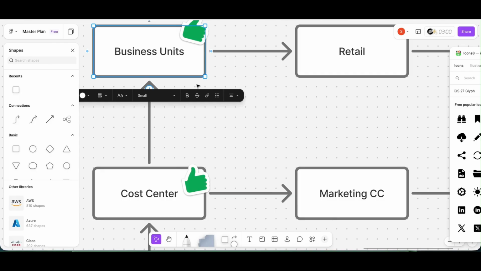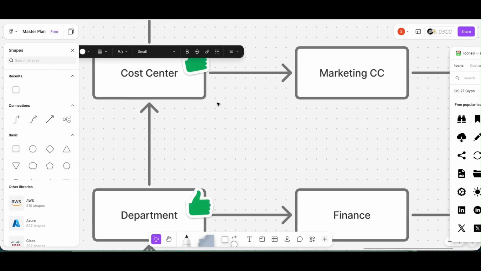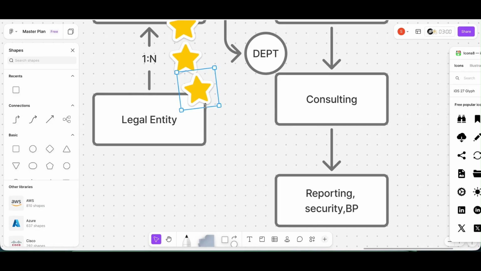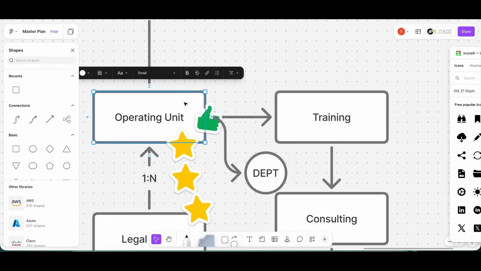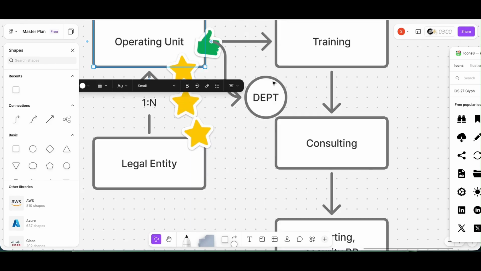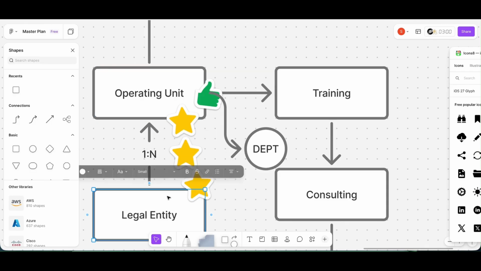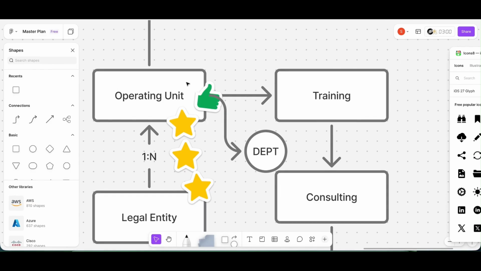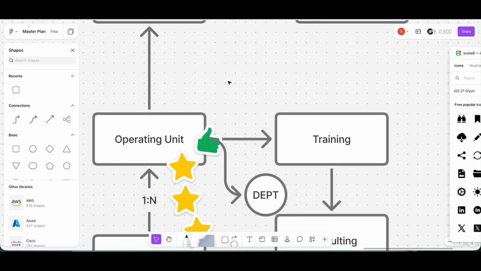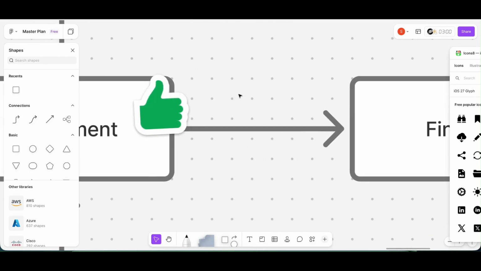So a legal entity has legal and financial responsibilities, but an operating unit generally represents how the legal entity operates internally. Got it? So one legal entity might have multiple operating units. As I told you, there are many types of operating units available, right? One is department, cost center, business unit. There is also another concept called value stream. These are the types of operating units available